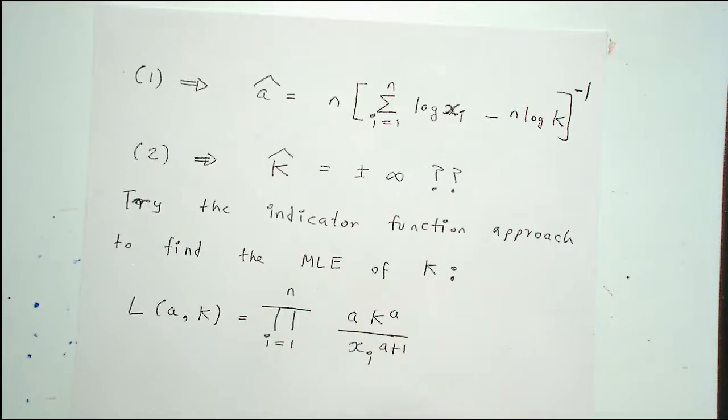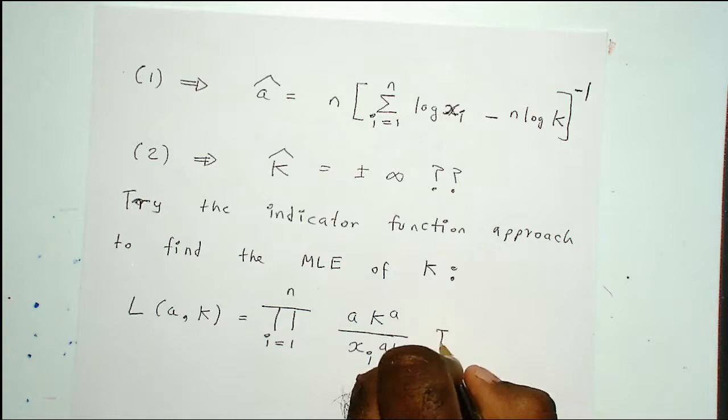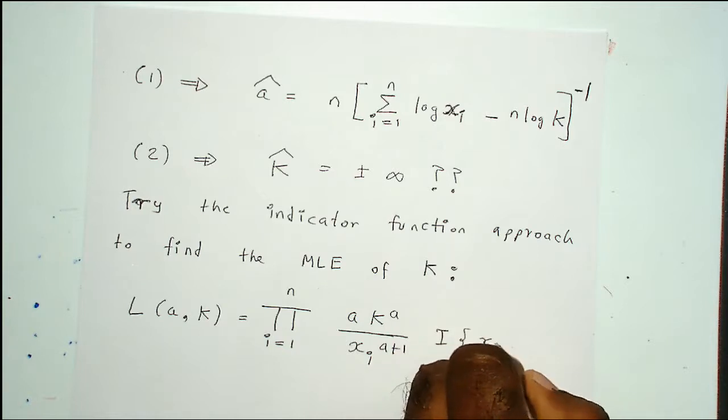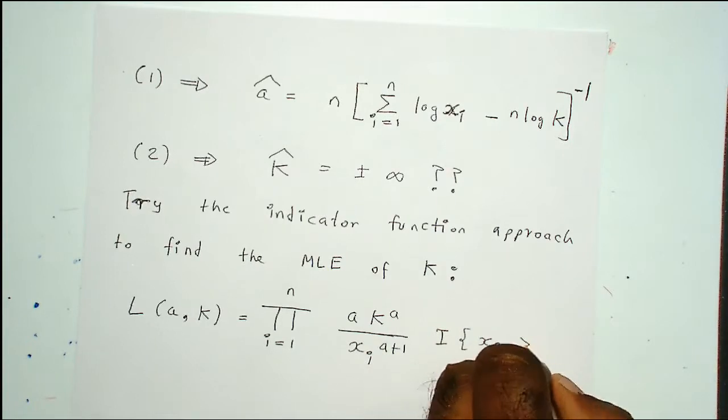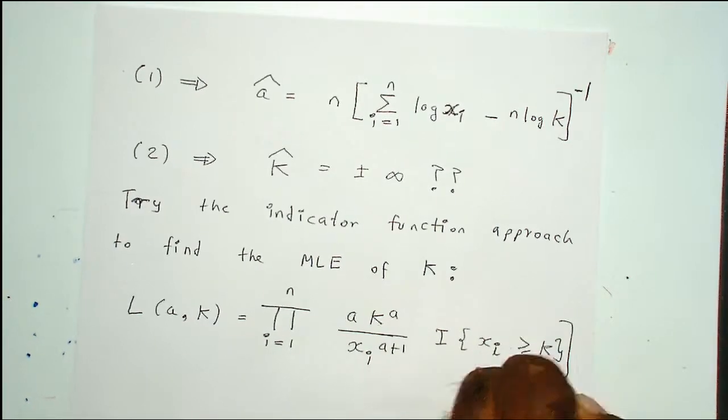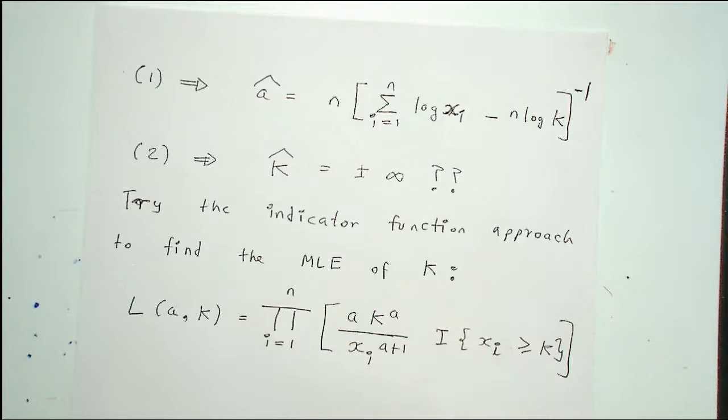Right. If you look at the question, guys, just above here, it says that every x must be greater than or equal to k. When I define the density function, the PDF, I say that x must be greater than or equal to k. So you must have the condition that every observation xi is greater than or equal to k. Is that clear, guys? So we must put this indicator function, so this simplifies to